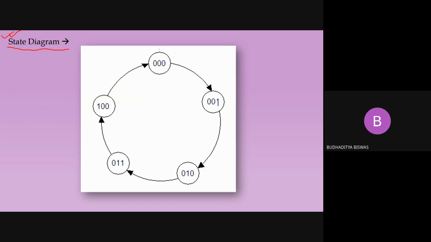Here you see 0 is the initial state. After 0 it will count 1. After 1 it will count 2. After 2 it will count 3. After 3 it will count 4. After 4 it will return to the initial state 0. That means 0 1 2 3 4, 0 1 2 3 4, it will rotate in an infinite manner as long as the clock pulse is present in the circuit. So this is called the state diagram, and it can be drawn like this, or if you just write the number inside the state, that will also give you full marks.